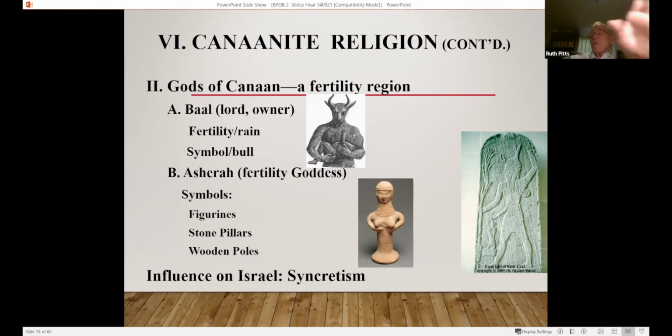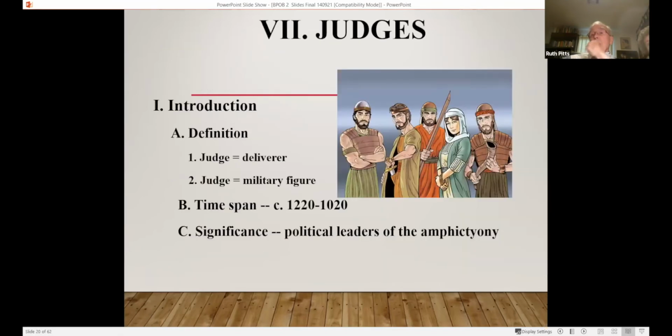And so what you have here is what moderns would call syncretism. That is, you're not worshiping Yahweh alone, but you're worshiping Yahweh and the God of this land. So there's the God of history and the God of the land. And of course, the prophets are going to say, our God is the God of both. All right, let's move on.